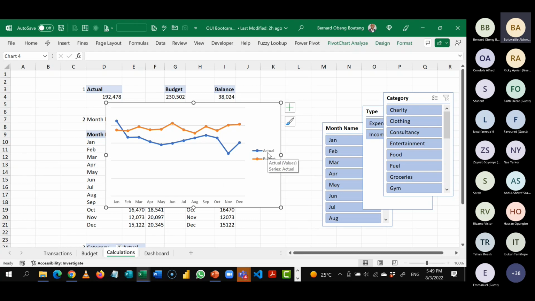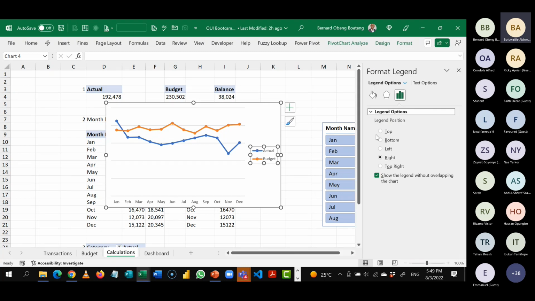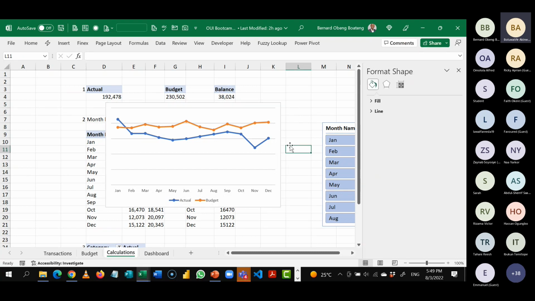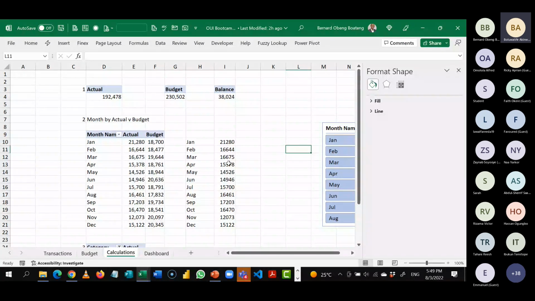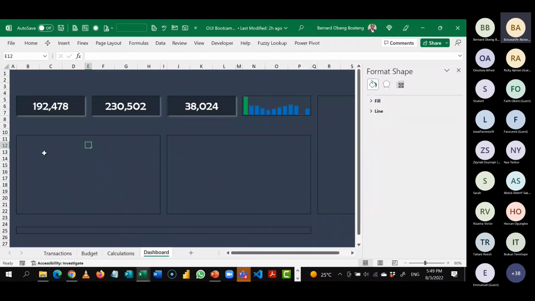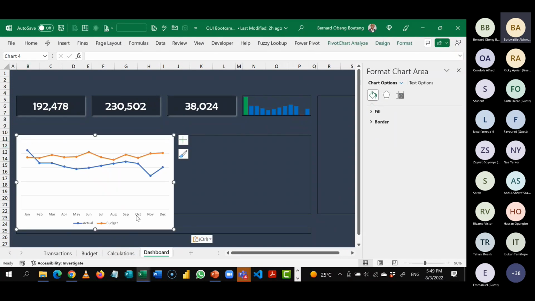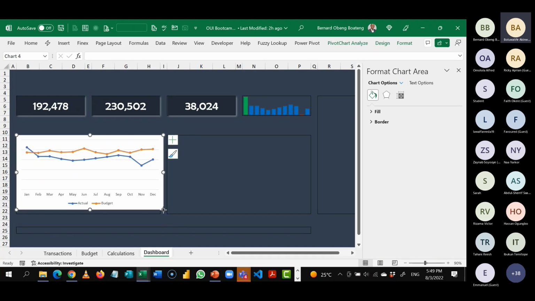format the legend. Now, the trick is when you are formatting any part of a chart, you can select that part of the chart and then you can press Ctrl 1. When you press Ctrl 1, any setting available for that particular part pops up. So in this case, I want to place this at the bottom, right? For the rest of the settings, I can transport the chart. I'll cut it, Ctrl+X, and then bring it to my dashboard so that whatever settings are left can fit into my background. So I'm going to fit this into my marked area,